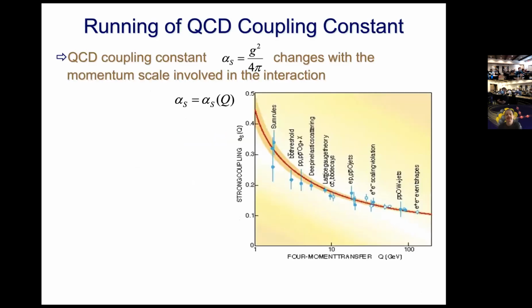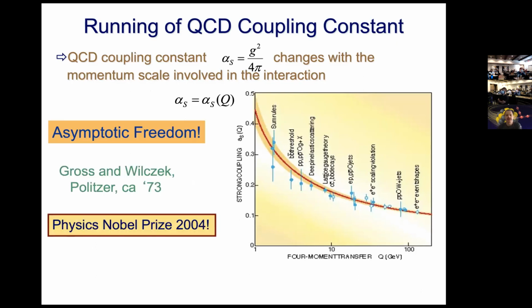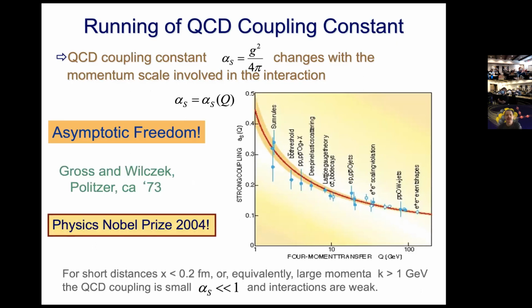So, general concepts of small x physics. Let's really start from afar. We all know how the coupling runs in QCD, right? The coupling is weak at large momenta, it's larger at small momenta. So there is asymptotic freedom, and Gross, Politzer, and Wilczek got the Nobel Prize for it.